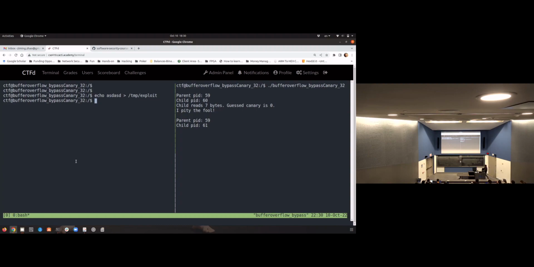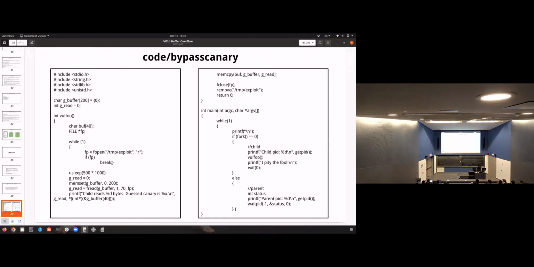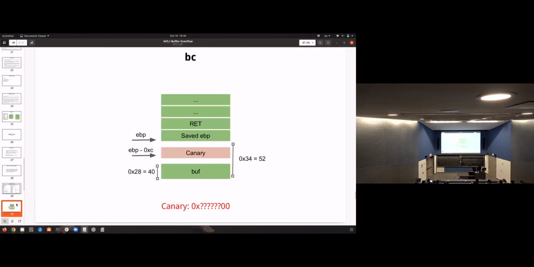So in this case, how big is the buffer? Do I have a slide for that? Oh, I do have a slide here. So the buffer in this case is actually, oh, this is different from one. Well, anyway, the buffer is actually 40 bytes. The Canary is at EBP minus C. So which means if we input more than 40 bytes, we're going to